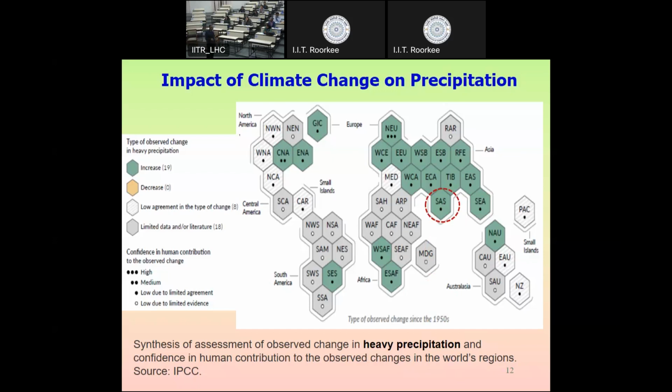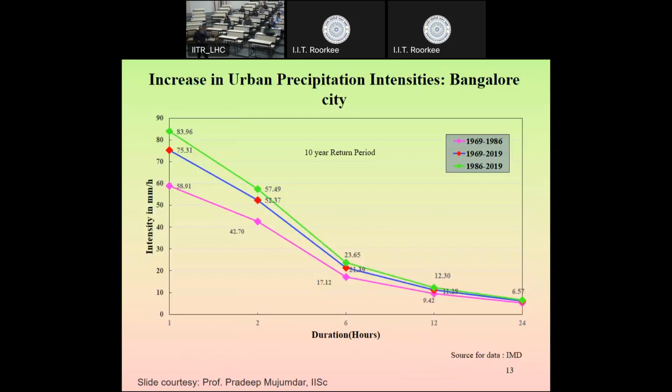So this was about the key part of this equation, but please also note that this is a huge area and the changes will not be uniform over the entire South Asian region. There will be regional patterns, there will be regional changes within this big area. So urbanization will have impact on the runoff generated because there will be changes in P given by this type of change, and there will be changes in S, which again will depend upon how the humans develop the system. What kind of development takes place.